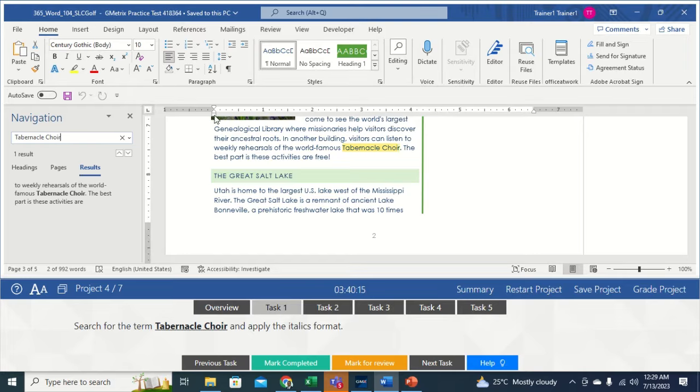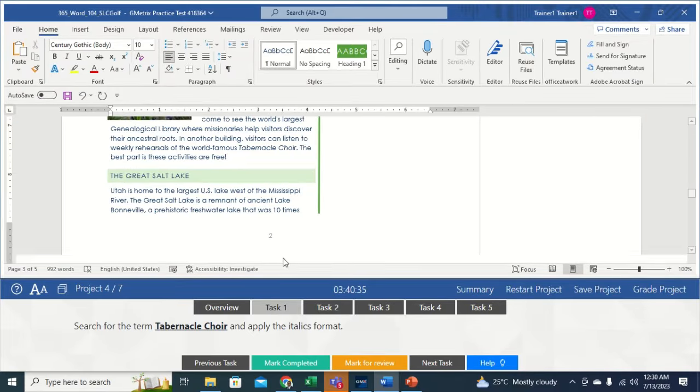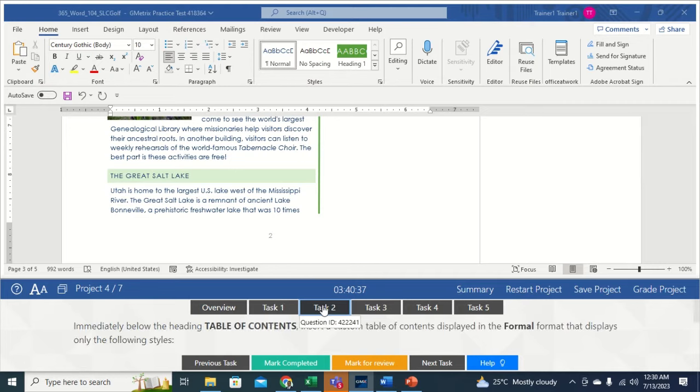Okay, so you select it, and on the Home tab in the Font group, click on italic. So it has been done. Then task 2,